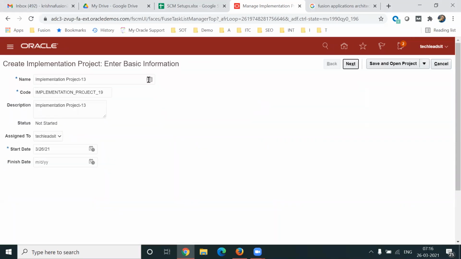Click on the new button, enter the project name. This project creation is optional. It is not mandatory. This project creation is for tracking purposes only. It is for tracking purposes, not mandatory. And we can create a project